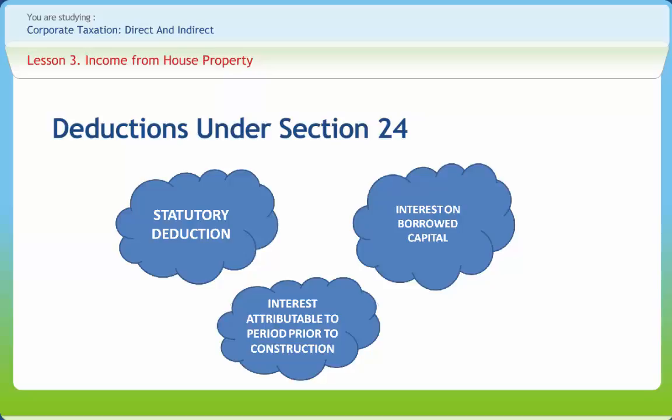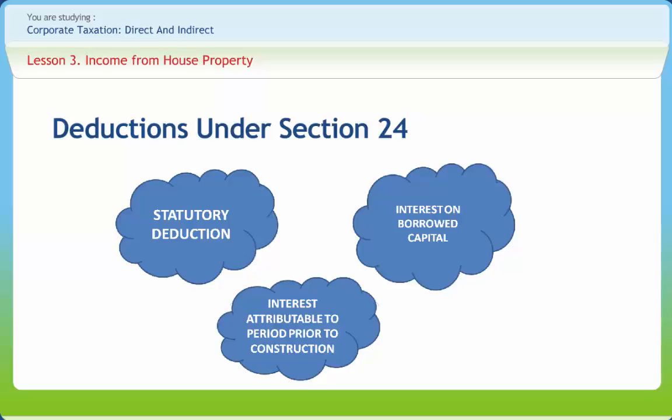Interest on borrowed capital is when money is borrowed on interest and the property in question is either acquired or constructed or repaired or reconstructed with such borrowed funds. Interest payable thereon is deducted from the annual value. The amount of interest payable for the relevant year should be calculated and claimed as deduction. It is immaterial whether the interest has actually been paid during the year or not. However, there should be a clear link between the borrowal and the construction or purchase, etc. of the property. If money is borrowed for some other purpose, interest payable thereon cannot be claimed as deduction.